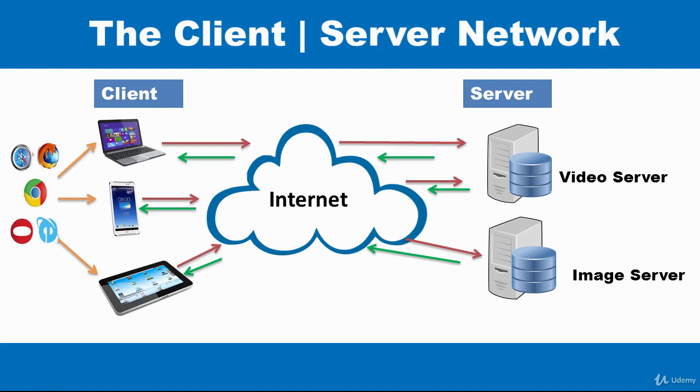There are tons and tons of servers located all over the world. So anytime you make a request, the request can go to anywhere the server is located. If, for example, you wanted to pull up some images from an image sharing site, you make the request via your web browser, again over the internet. It locates the server that has the information you want. The server processes the information, sends it back through the internet, and then you get the response displayed on your device. So that's basically how the client-server network works.